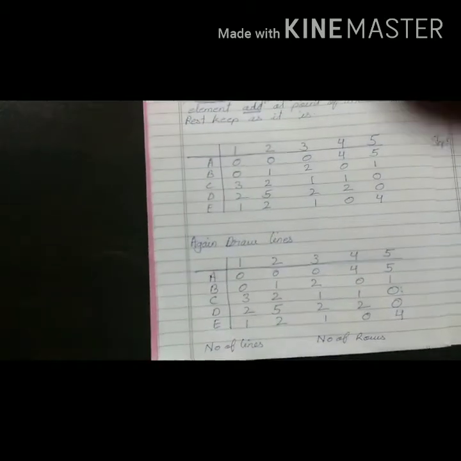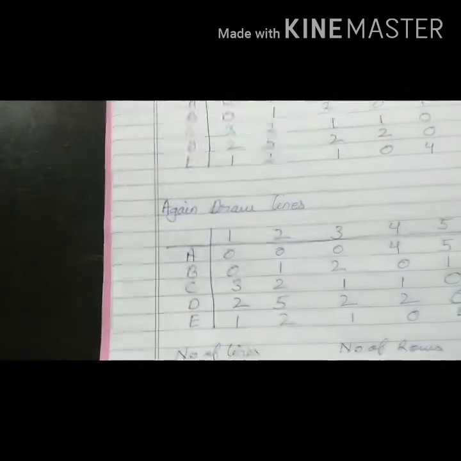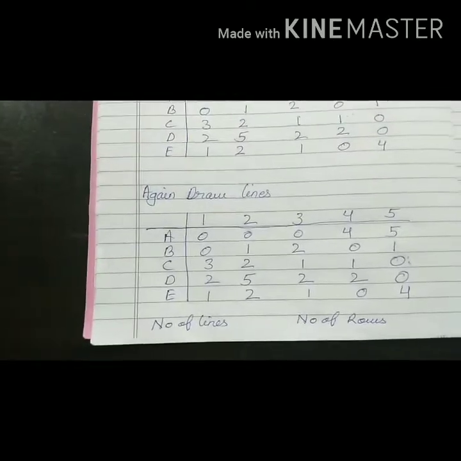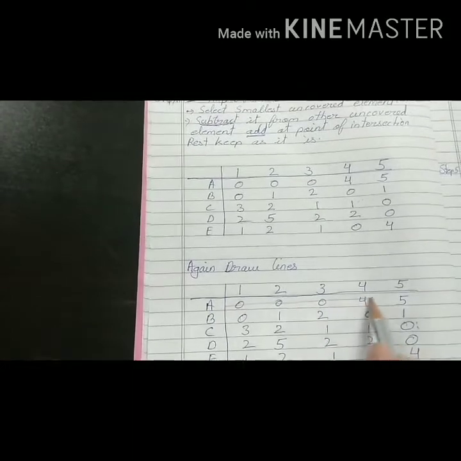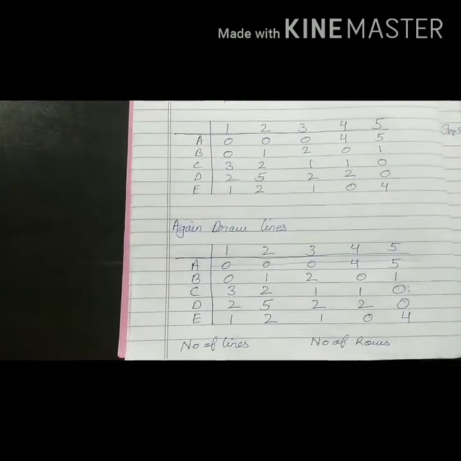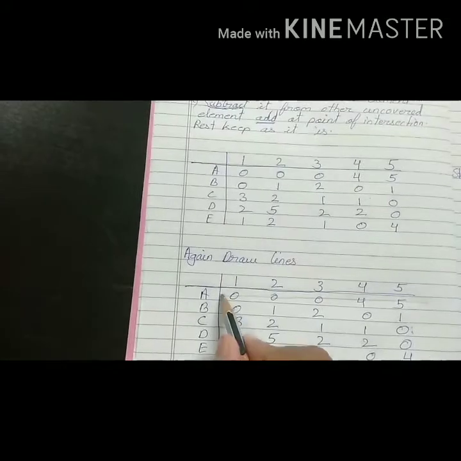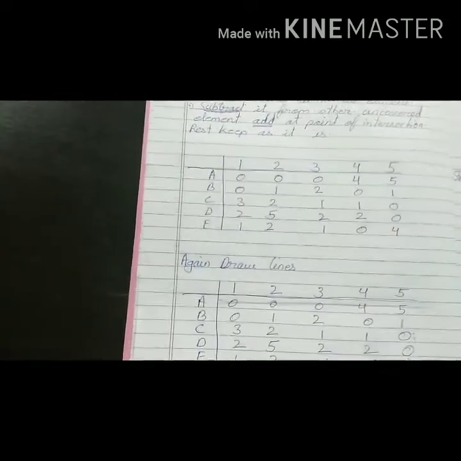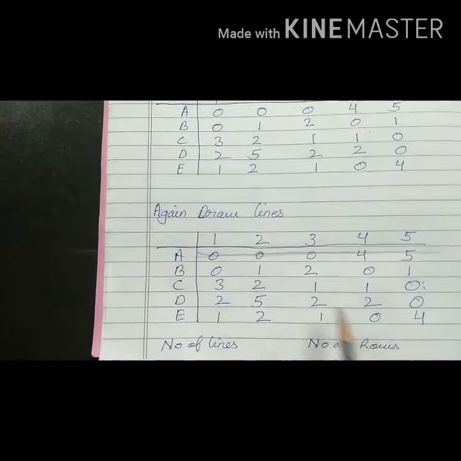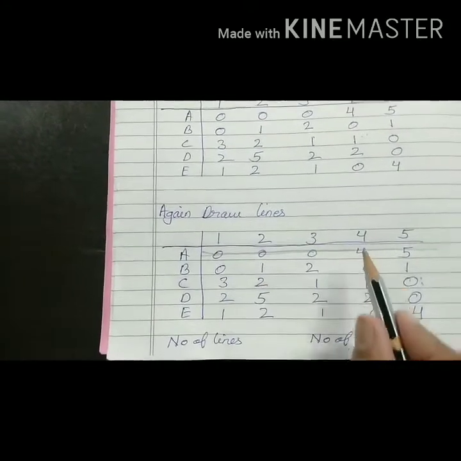Now again we need to check whether the number of lines has increased or not. Now we will draw the lines. Again the rule for the lines is the same. Check that row or that column which has maximum number of zeros. Now in this, the first row is there which is having 3 zeros. So draw a line across it. Drawn. Now check whether there is any row which is having 3 zeros. No. Check any column which is having 3 zeros.